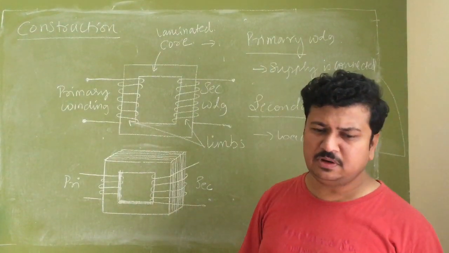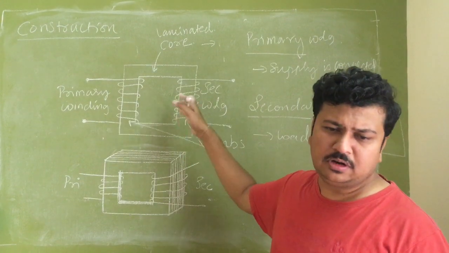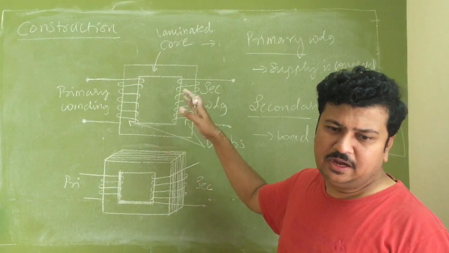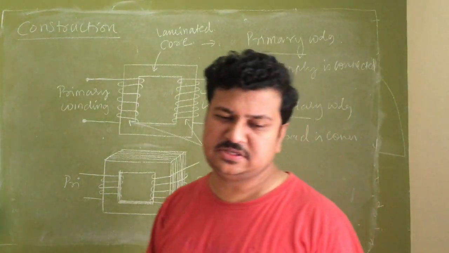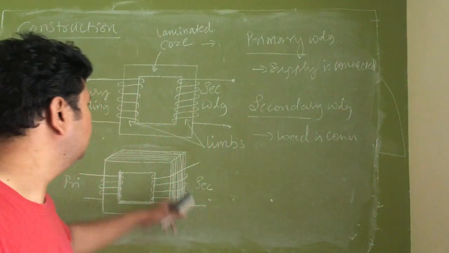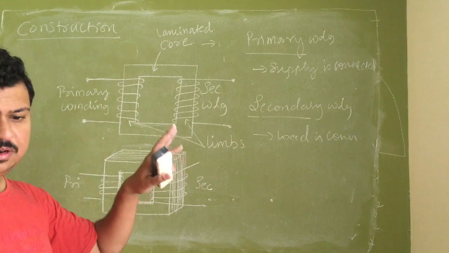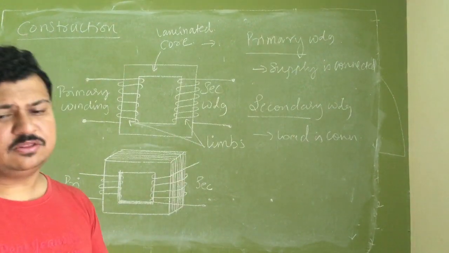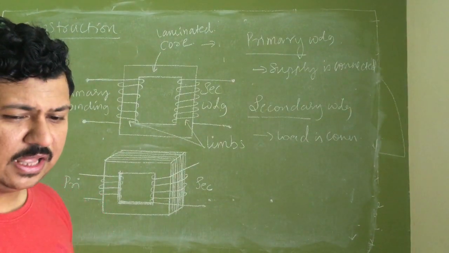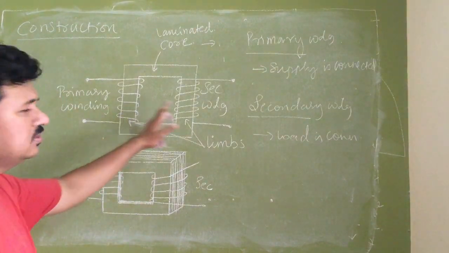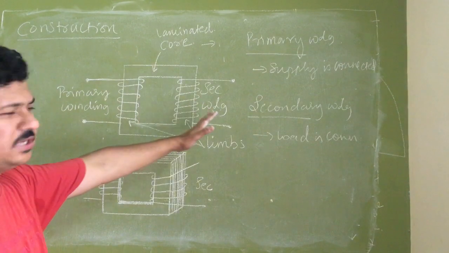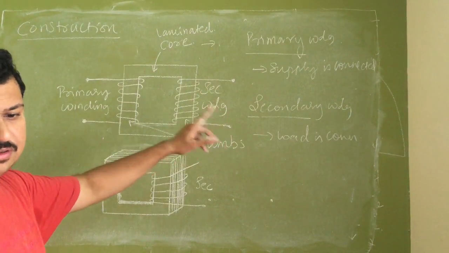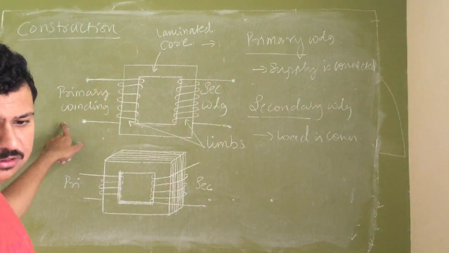So a lot of the flux will be surrounding the primary coil only, it will not link to the secondary coil, and the energy transfer from primary to secondary is very weak, very less. For that reason I use a magnetic core. The magnetic core will provide a magnetic path for the flux to link from primary to secondary. My intention is to make the primary flux link the secondary, because I want to transfer the primary energy to the secondary